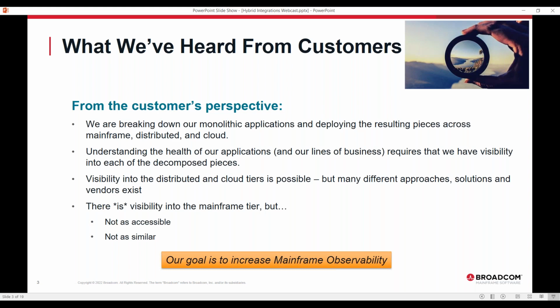Hopefully you've heard a lot about observability in the distributed and cloud space, and that observability is possible. There are many approaches, solutions, a whole bunch of vendors.